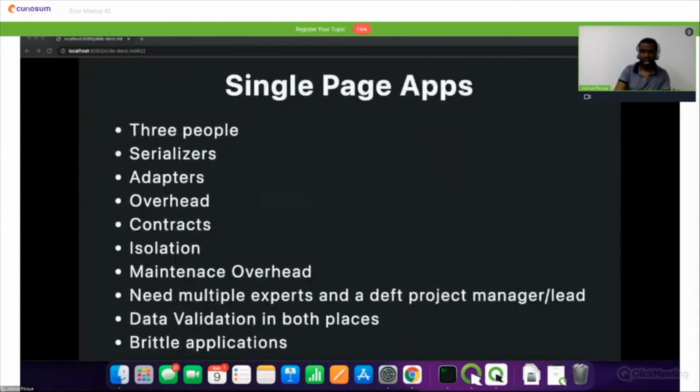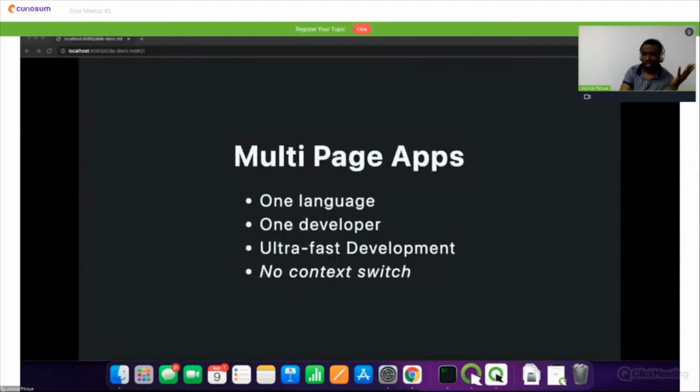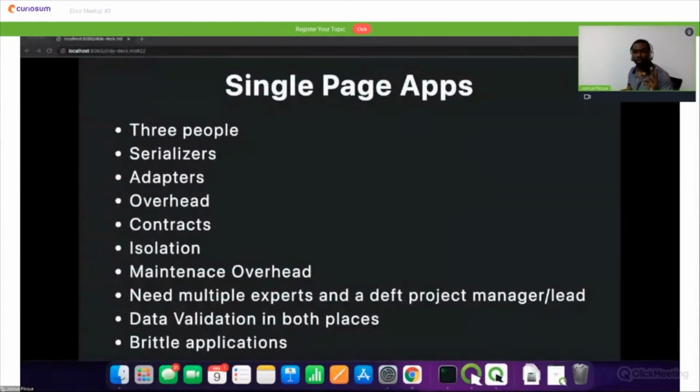And in addition to that, this is what single page applications have brought to us. You need 3 people now to develop what was one person. One person could do the whole thing because they didn't have to communicate between a front end and a back end and broker a contract between them. Now you need 3 people. You need a front end developer, you need a back end developer. And because the complexity is so high between communicating between the front end and the back end, you need a dedicated person, typically an engineering manager or the project lead, who is brokering the contract with regards to,